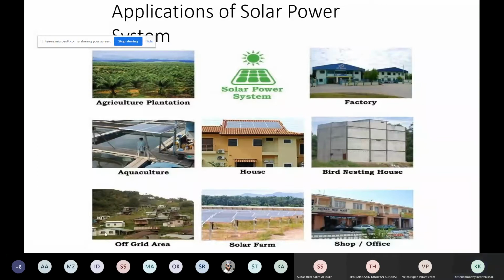But it is the duty of the government to provide electricity to all the people of the nation. So in that case, the government itself will decide: we will go for a solar farm, this big, capable of feeding this much area, this many houses. The off-grid area will be supplied by this solar farm. Anywhere you can use it, for shops, offices.